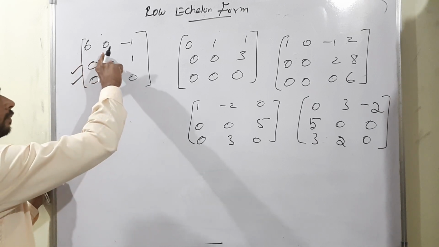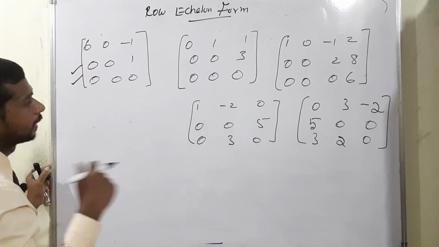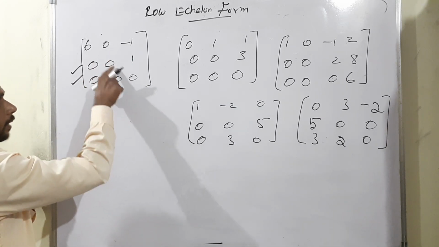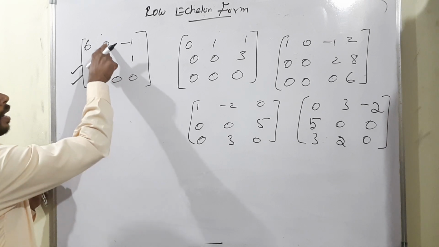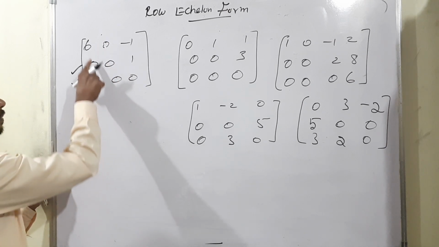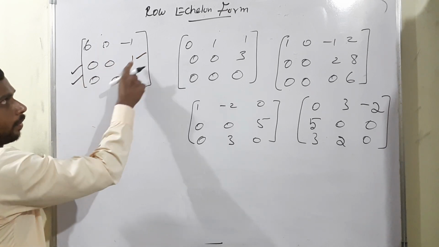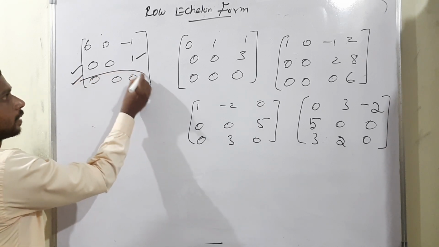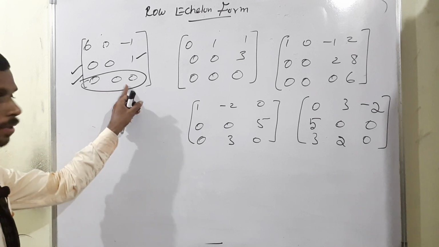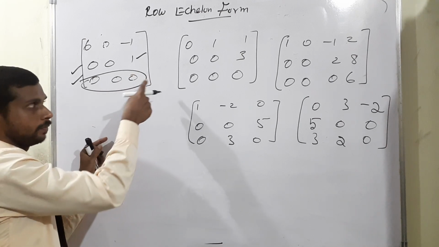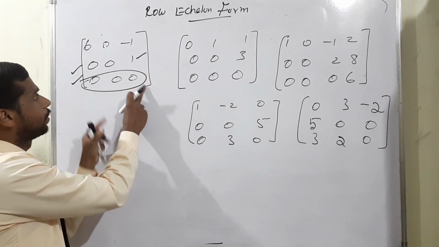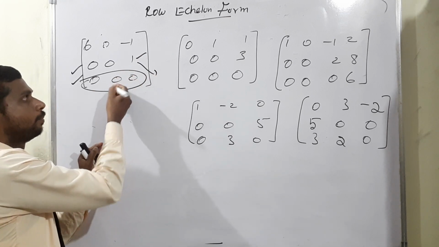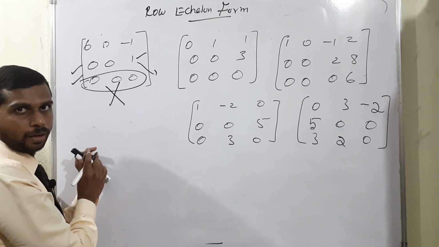Then where it started the next non-zero digit, in the second row, so this is no problem, because starting from here the whole second row terms continuously will be 0. When the non-zero digit 1 starts in the third row, the terms under it will be 0. So definitely we can say the rest will be a 0 row. When the next non-zero digit starts in the third row, it must come on the right side only. If it comes to the left, then definitely it is not a row echelon form.